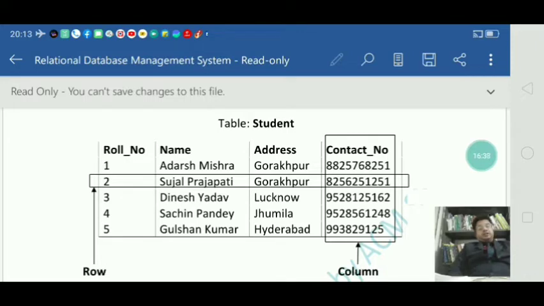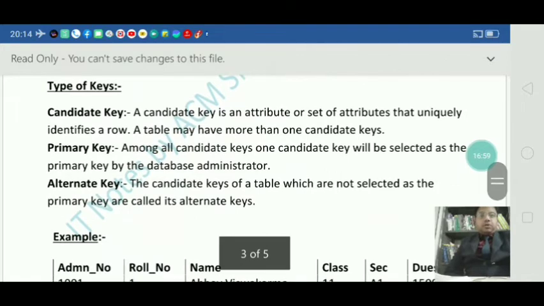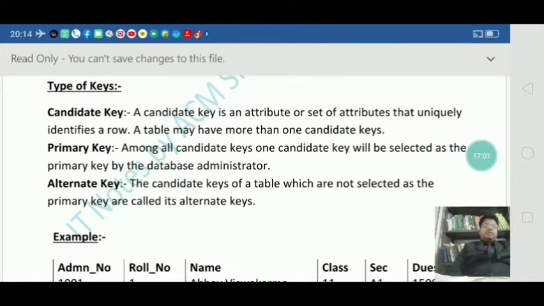So you can take any column as key, but that column should have unique values. Then only can we uniquely identify each record. So the purpose of taking a key is to identify each record uniquely. Now let's consider different types of keys.